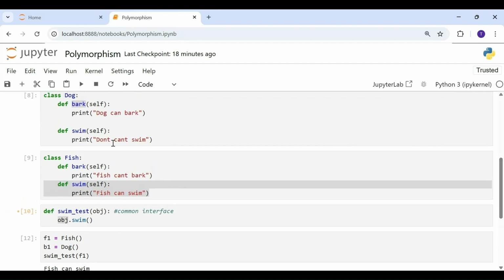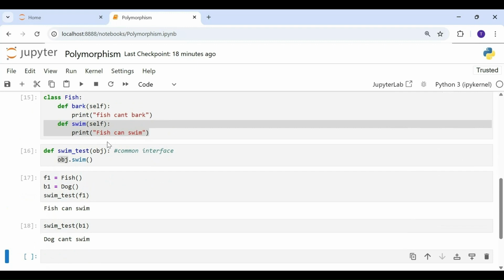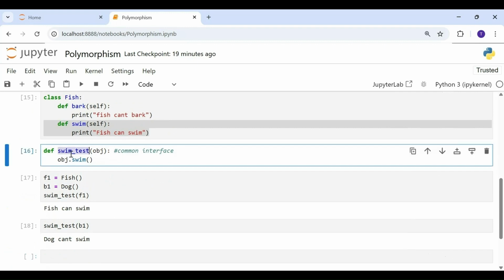There's some spelling mistake. Dog cannot swim. Yeah, dog cannot swim. So here, the swim underscore test doesn't care whether it's a dog or a fish. It just calls the swim method of the relevant class. So this is polymorphism in action. The right method is executed based on the object type.